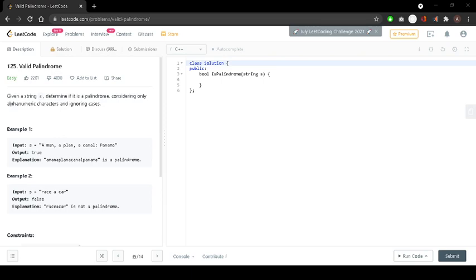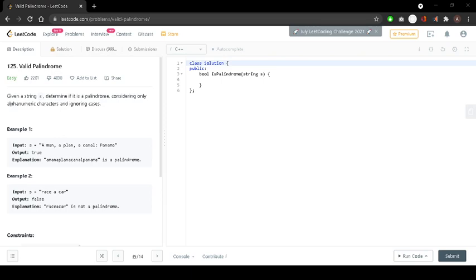So let us look at the example after reading the statement, that is S = "A man, a plan, a canal: Panama". Here we can see that in the explanation of the example, and also in the statement, they have made clear that we have to look only at the alphanumeric characters to check whether the string is a palindrome or not. By ignoring the cases, that means we have to ignore all other characters such as spaces, commas, and others. We will be only focusing on the alphanumeric characters, that is A to Z in caps and in small, and numeric digits 0 to 9.